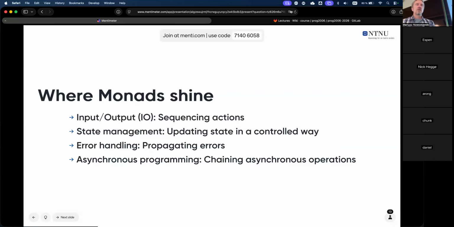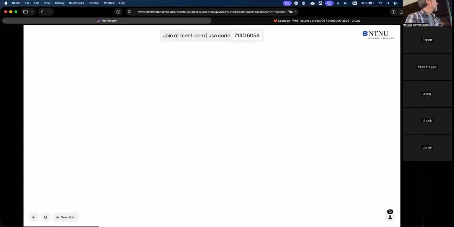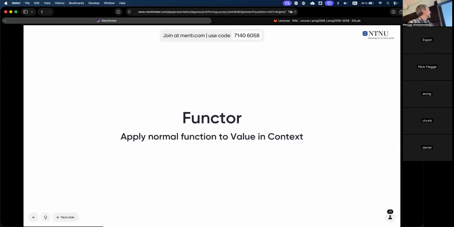And the benefit of doing it this way is that with this pure core, you can do very strict testing. You can really easily unit test everything, right? With I/O, it's not that easy. All right, so then